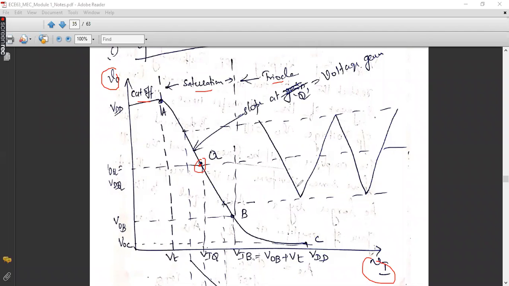Why? Because we should get a faithful amplified sine wave without any clipping occurring due to a shifting Q point. So if somehow this Q point is shifting towards A or B, then what will happen? Few portions of the waveform may get clipped off. Correct? So it is not desirable to keep this Q point towards A or B. It should be exactly at the midway of this region indicated as AB that corresponds to saturation.